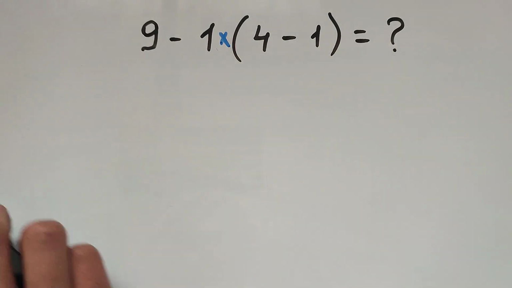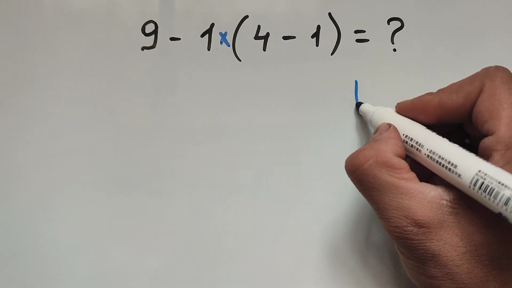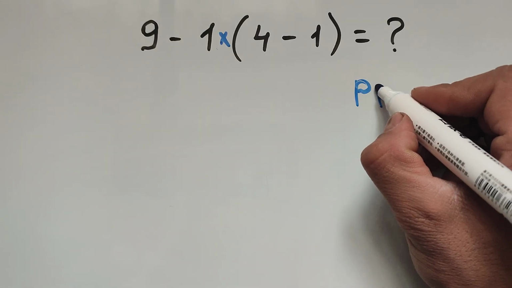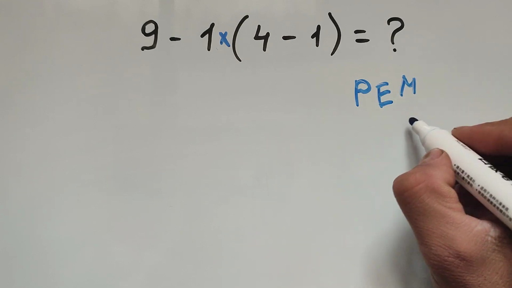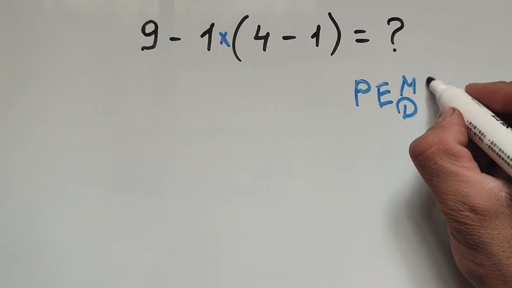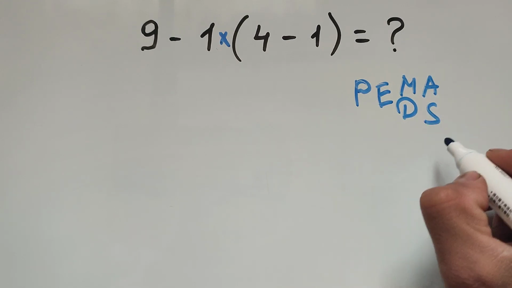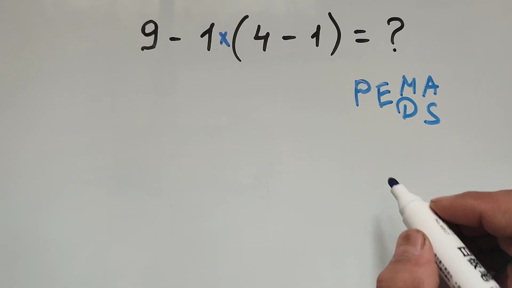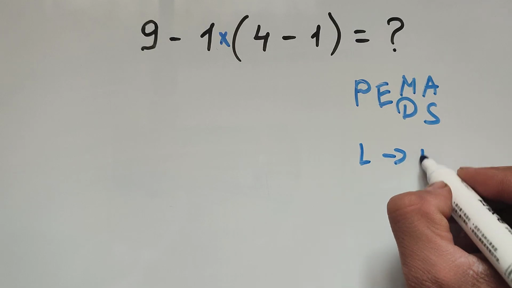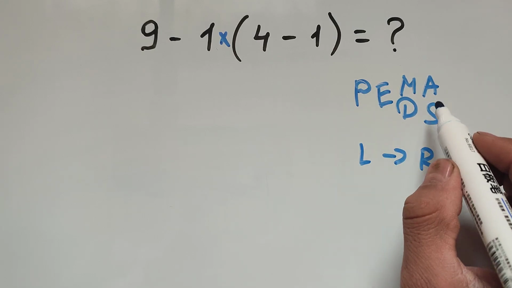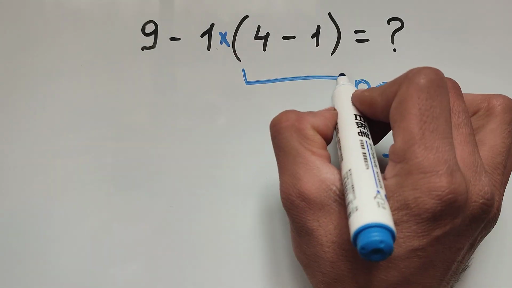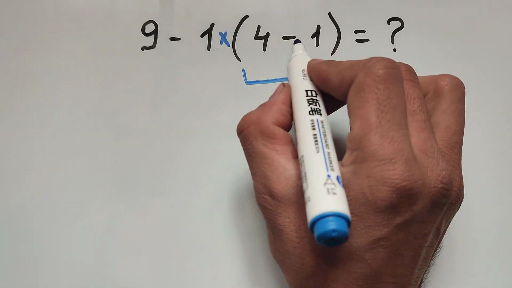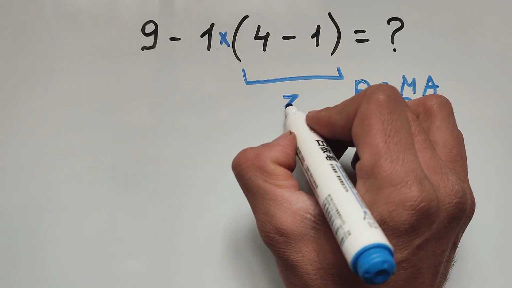Because according to the order of operations, first we have to work inside the parentheses, after that exponents, and then multiplication or division, and finally addition and subtraction. Here multiplication and division have equal priority, that's why we have to begin to work from the left to the right. And according to this rule, first we have to work inside the parentheses, and 4 minus 1 equals 3,